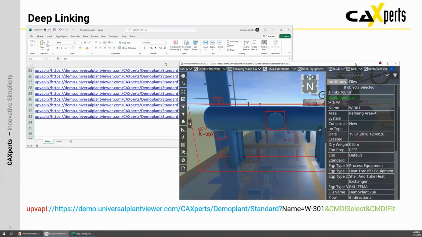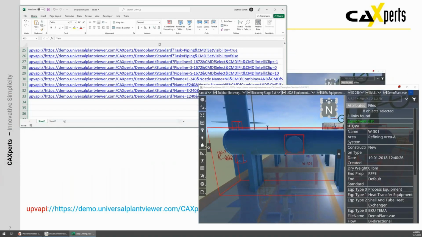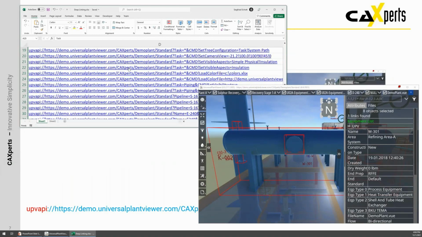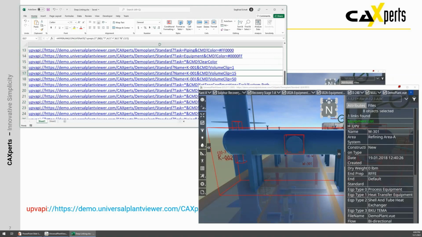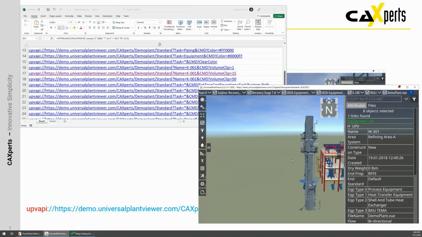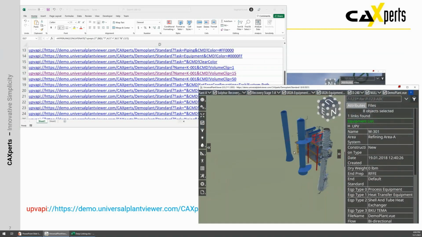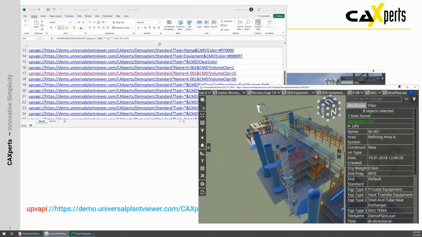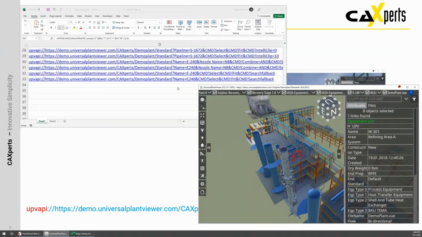Let me just show you that Excel list. There are just a lot more functions, like if I pick, let's say, this one, then it zooms to that equipment and clips it with a radius of 15 meters. So that's my equipment, and that's clipping around with a radius of 15 meters. Or one thing I